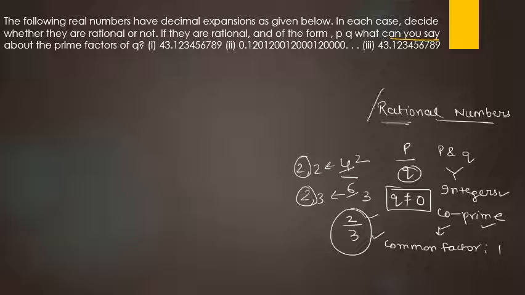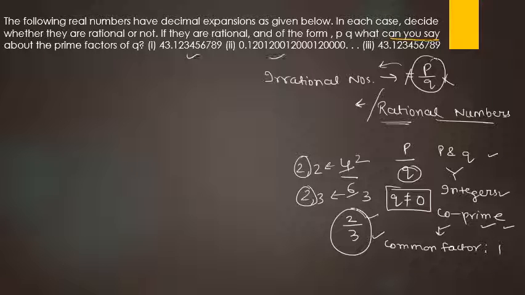Now, if we talk about irrational numbers, then irrational numbers are those which are not in the form of p by q, not in the form of p by q, where p and q are integers, co-prime numbers. This is the same condition, but the first step is that p by q is not there. Okay? Now, how can you simplify, or if I talk about, let's say there are 2 examples, or you can